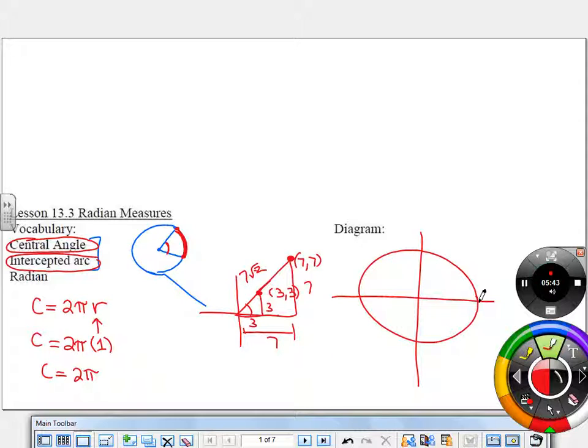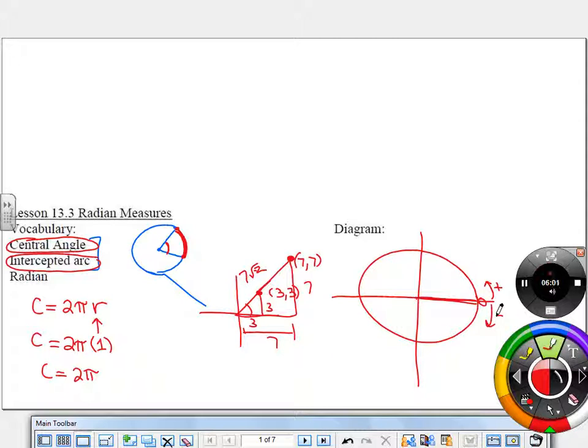So you're still going to start your initial side in the same position. That's 0. You're going to go this way if they give you a positive measurement, or this way if they give you a negative measurement. But if we are now measuring in radians,